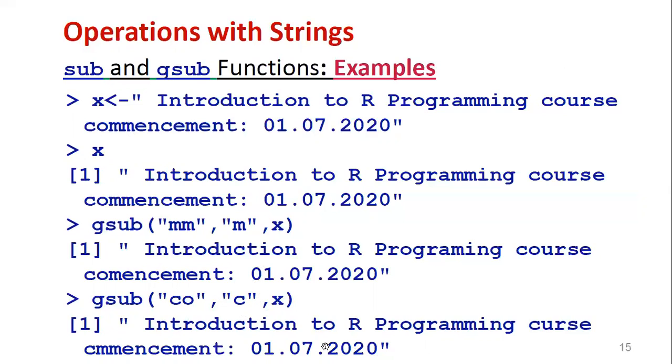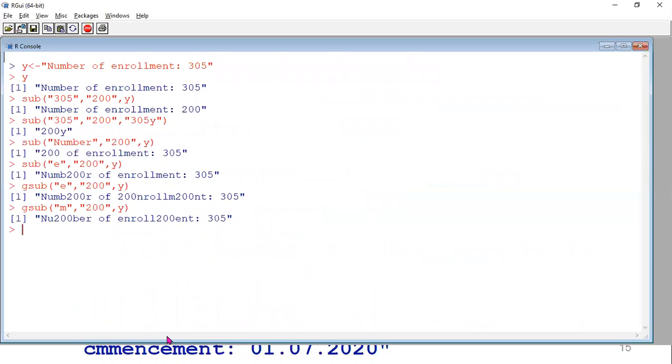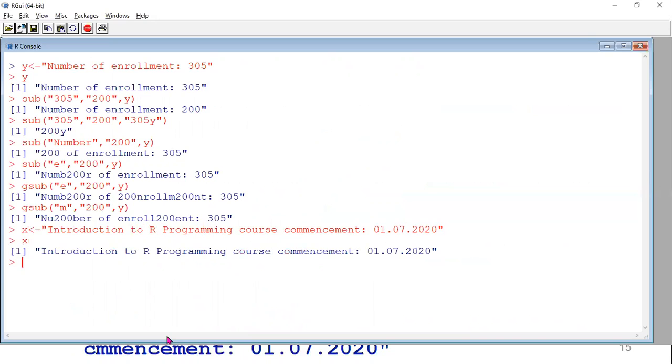Now we will also try to run this one. You can call the vector X, what we used: X equal to introduction to R programming course, commencement. Now this is X. Now using gsub, which one do you want to replace first?